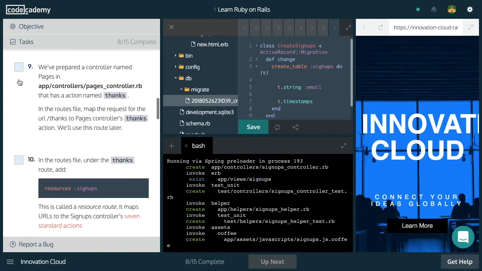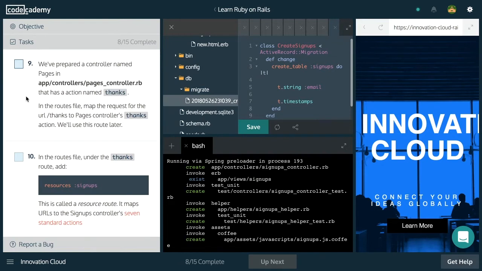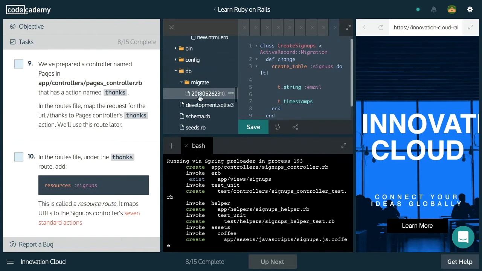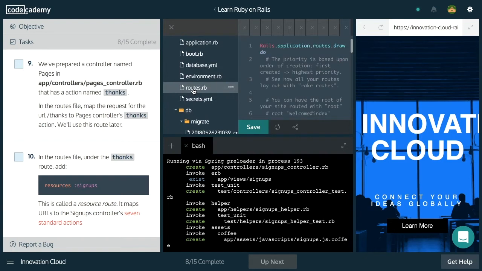Let's check off step 8, and next is step 9. We've prepared a controller named pages that has an action named thanks. In the routes file, map the requests for the URL thanks to pages controller thanks action. And we will be using this route later on. So let's go to config routes,